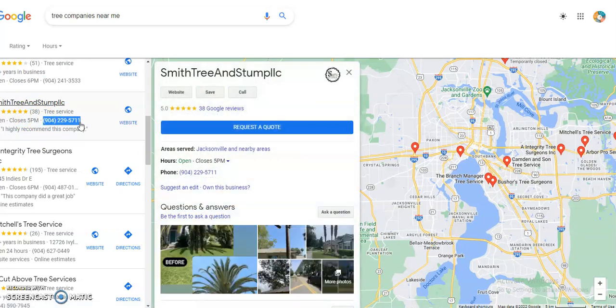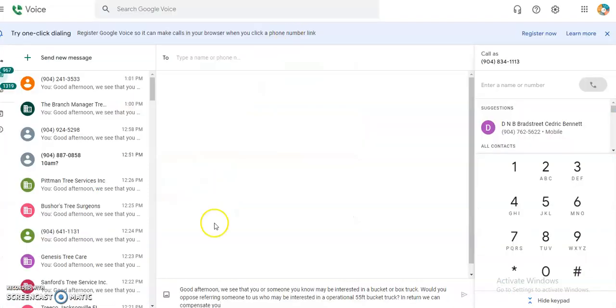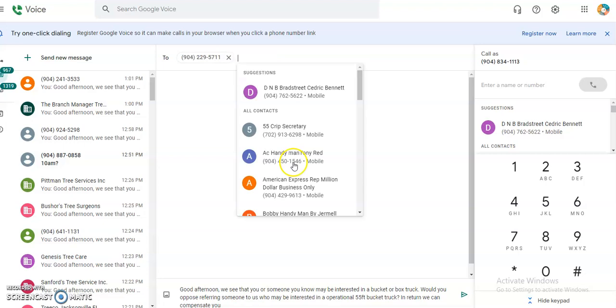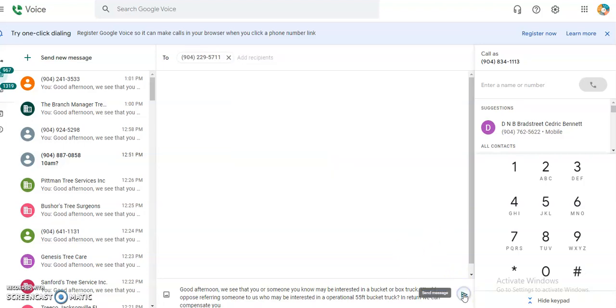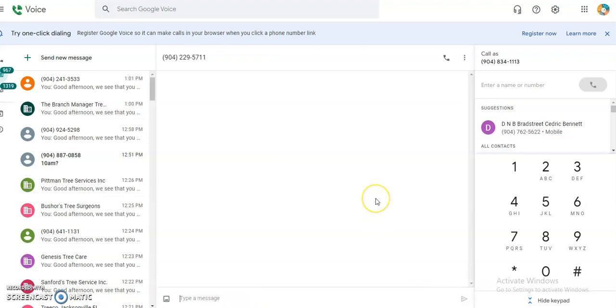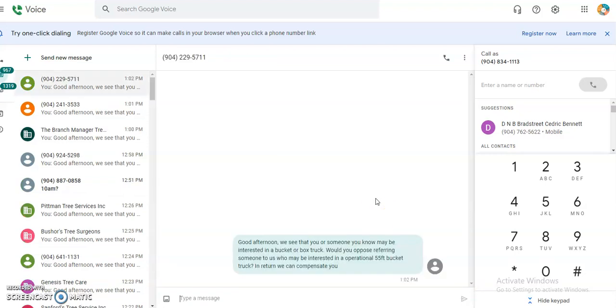And honestly, guys, what's so amazing about this is within a day or two or a week's worth of time, depending on how fast you want to send these messages, you can literally reach almost every company in the United States. I would probably say at least 30 to 60% of companies, depending on what niche you're in, are going to be listed on Google.